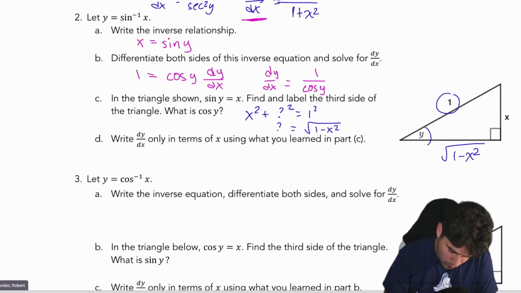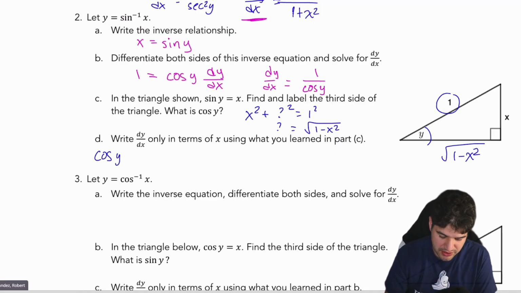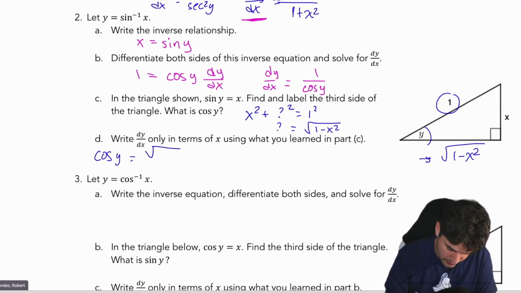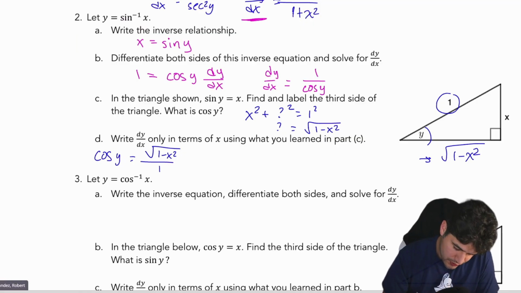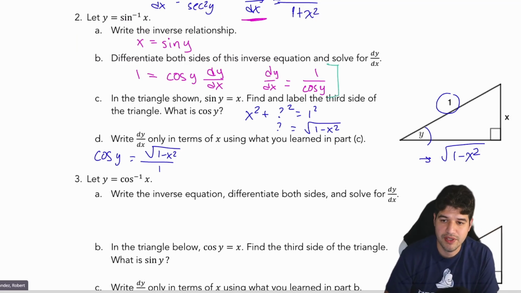So now we know the cosine of our angle is the adjacent side, which we just found, over our hypotenuse. So cosine of our angle is the square root of 1 minus x squared over our hypotenuse of 1. So square root of 1 minus x squared. That's it. All right, so now let's think back all the way up here where we found this 1 over